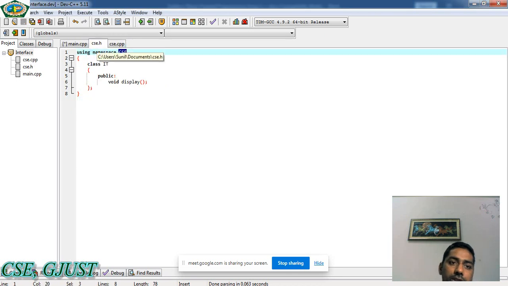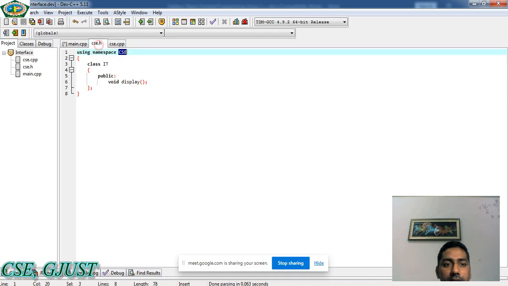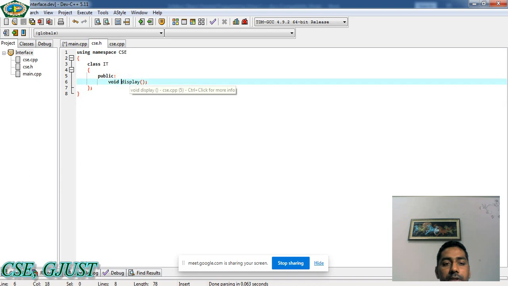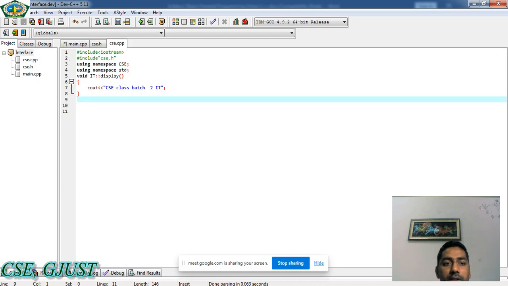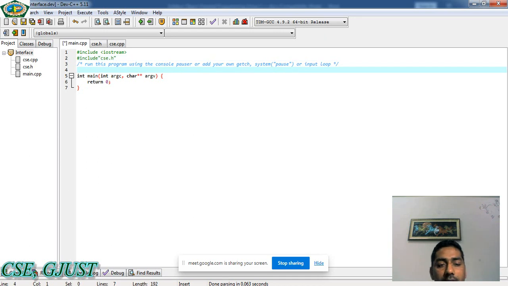The first file is the csc.h header file. Here only the function declaration is there, the prototype, and then we are defining the display function. So you can match the spelling of the display function and namespace. Is it okay or not? Then we move to the main method. Here again we write #include in double quotes csc.h header file, because we are accessing the class from the header file.